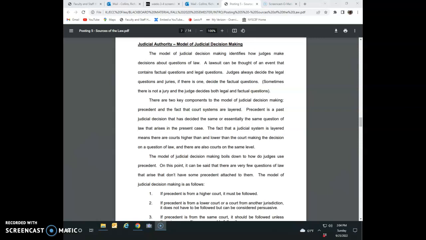And now let's just sort of fast forward. If I bring a lawsuit on behalf of this injured person, that case, if I have found one, or cases, if I have found them in New York, that set forth the legal standard or rule governing the liability of a dog owner for a dog bite, those cases would be considered precedent for the question of law in my case as to the legal standard.